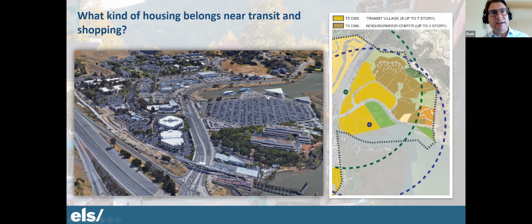All of these properties having been already built out will have a significant cost element to replace what's already there. You don't have the benefit of a greenfield site with the exception of the sanitary district. So to make it feasible and so that something actually could happen, we're showing the highest possible density in those areas for up to 7-story.